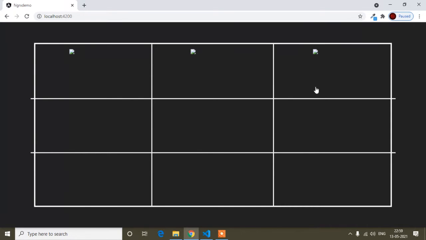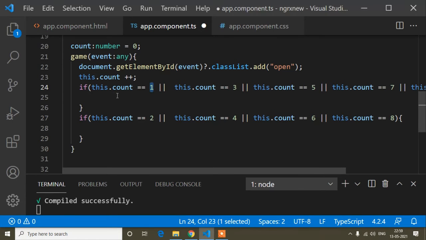And after that when the user clicks, then count will be 2, so then I have to show the 0, because when one user presses cross, the other player will enter 0. Okay, so the 0 is for count 2, again the first player presses, so I have to show the cross, and the count will be 3. After the cross, when the second player presses, the count will be 4, like this way. Okay, so like this way.